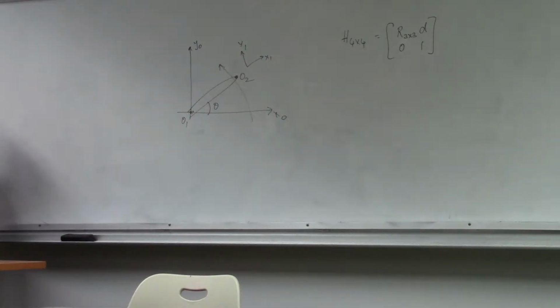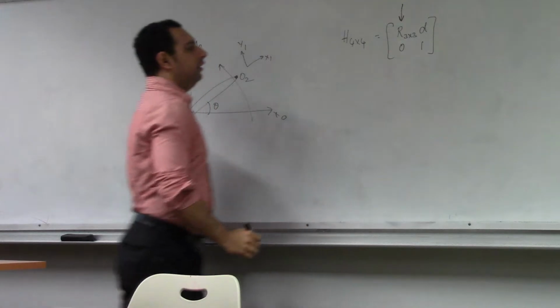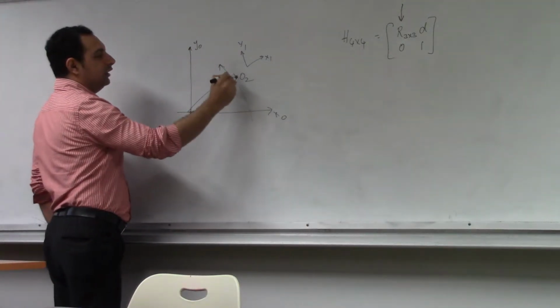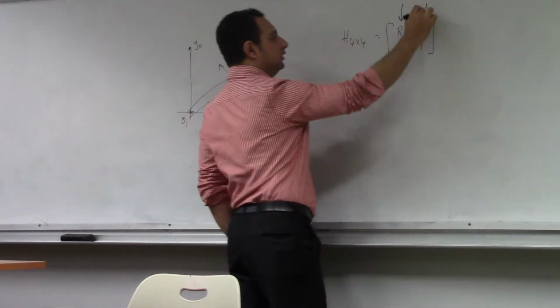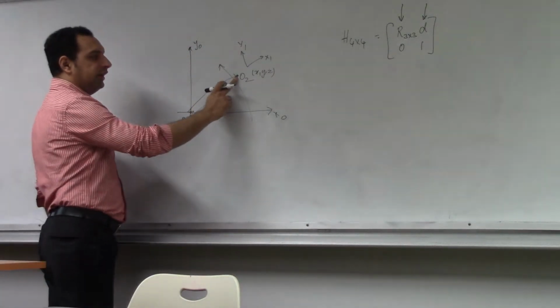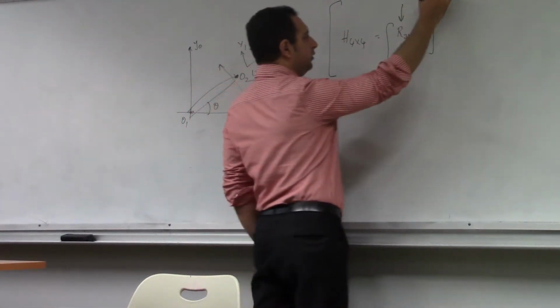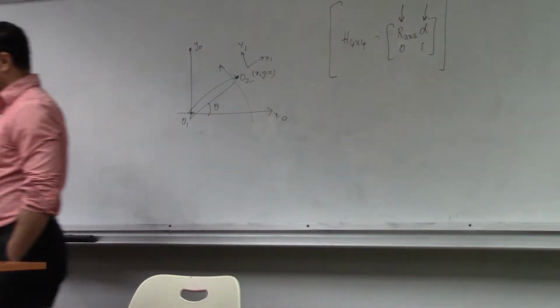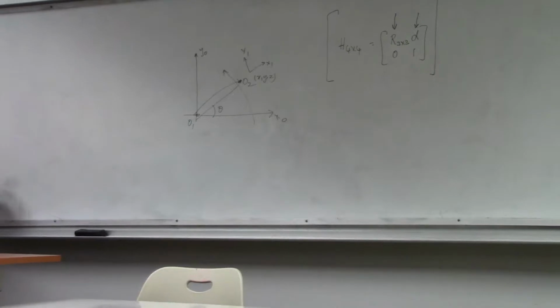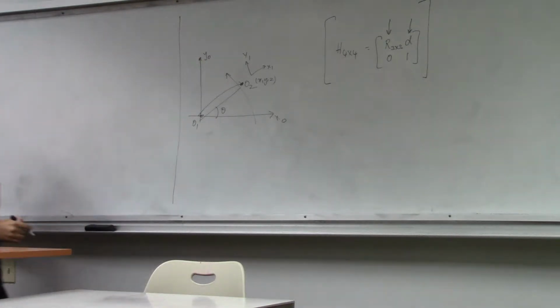Now what is happening is, as this is rotating, the rotation matrix will change. And also D should change because as this moves, the coordinates of this point, x comma y comma z, will change. So we need to define a structure such that as the manipulator moves, I can track the coordinates of the end effector. We'll try to do it using the H matrix because we can have both rotation as well as translation encompassed into it. So we start with defining a manipulator structure. Now, when you have to define a manipulator structure,